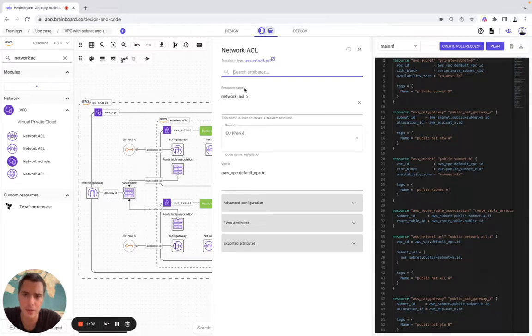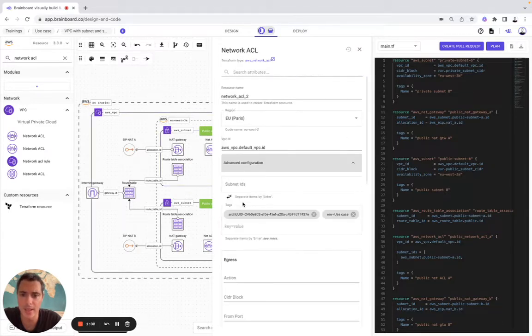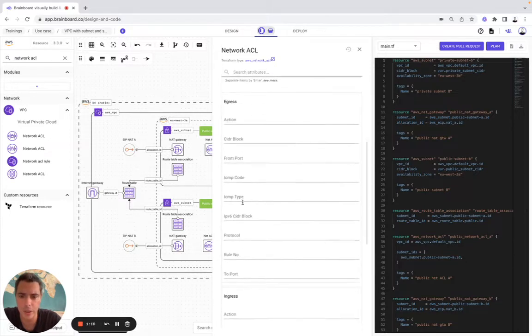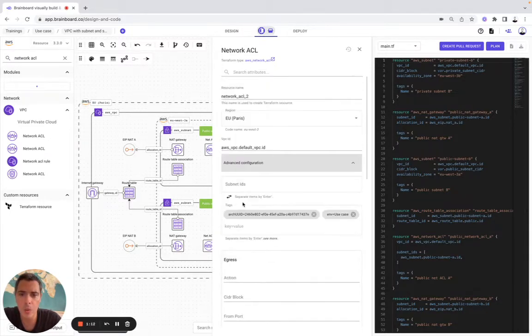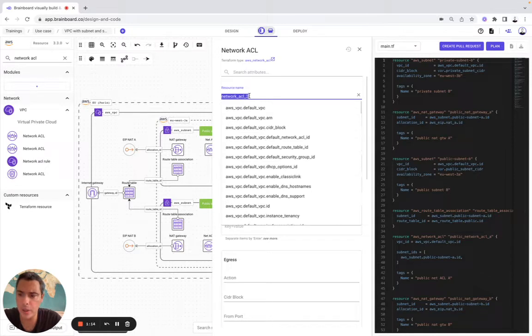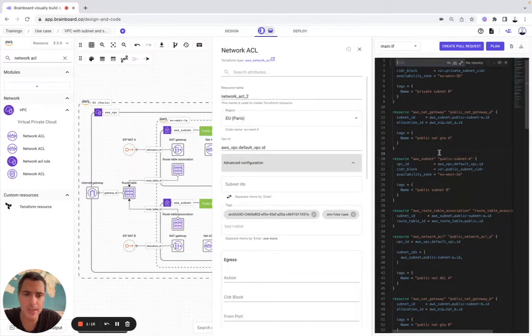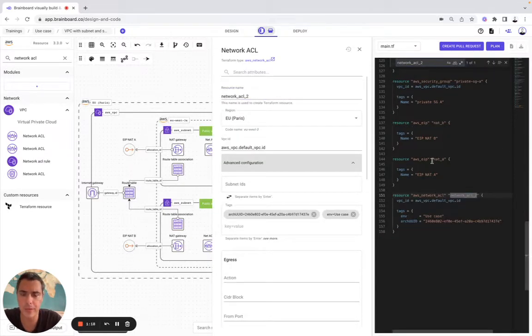You have the resource name, the region has already been chosen and prefilled for you, as well as the VPC ID. And here you have the advanced configuration. What you can observe as well is that everything you do on the diagram will be automatically reflected on your code. So this new resource, the network ACL, is now included in line 151 here, and you haven't written a